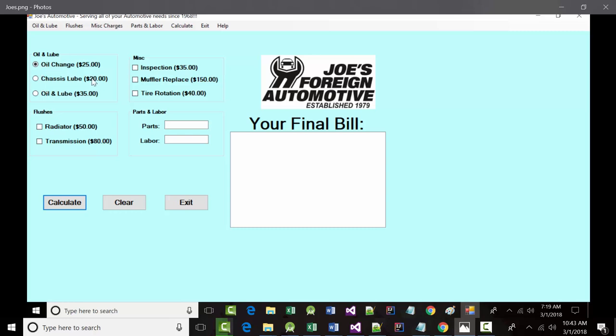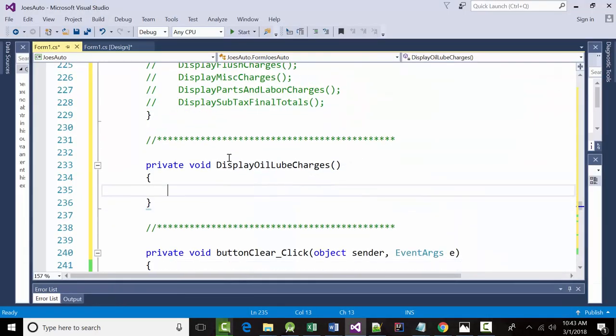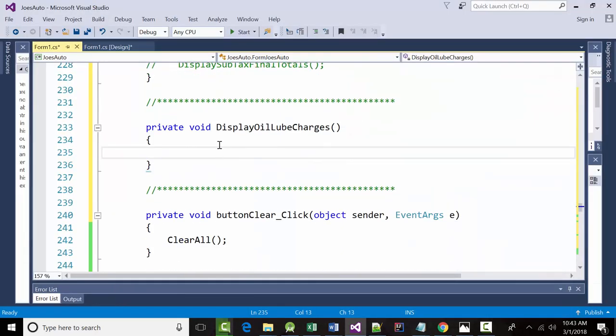If that is checked, I want to display that. If that is checked, I want to display that. Otherwise, I don't want to display anything. Correct? Now, I don't have to tell it to display nothing, because that'd be kind of dumb. I could do that. But it's going to be if this, do this, else if this, do this, else if this, do this. Does that make sense? All right? Because that's the mentality that I used when writing all these. So, if